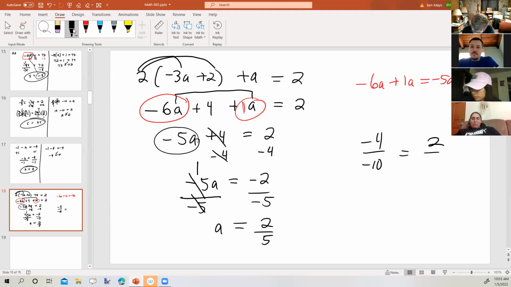I would reduce it down to positive 2/5. But I don't need to write it as 0.4. It's okay, it's correct if you do that, but it's not necessary. You'd want to reduce it, and then that's okay. Now, if it specifically asked for a decimal answer, then yes, you would need to do that, but otherwise you